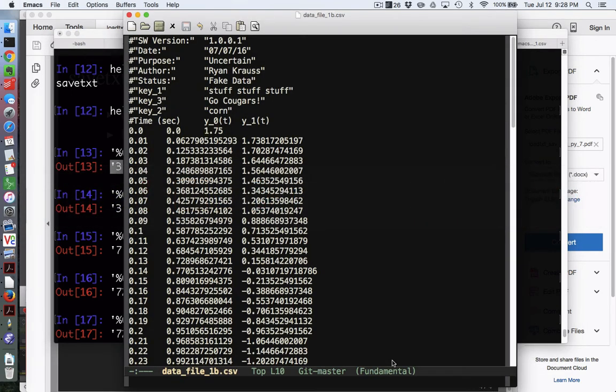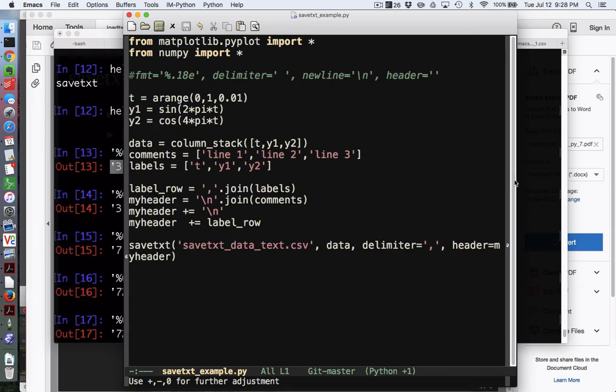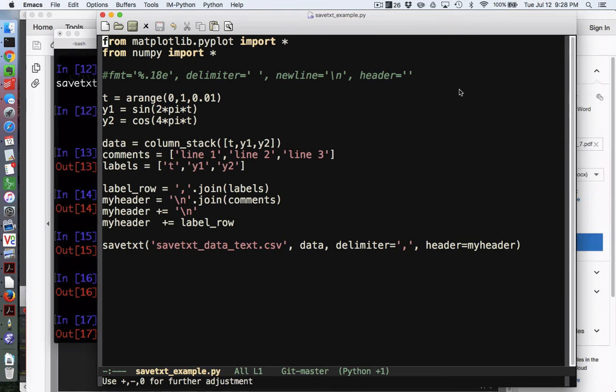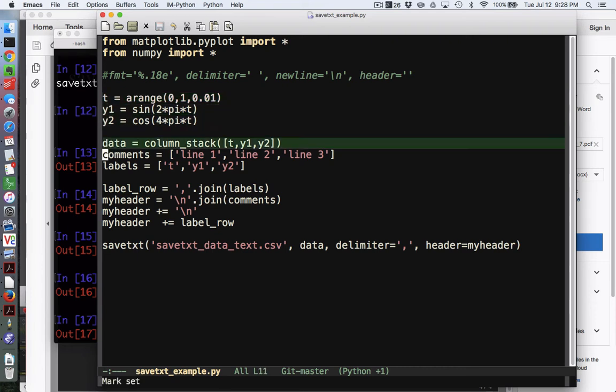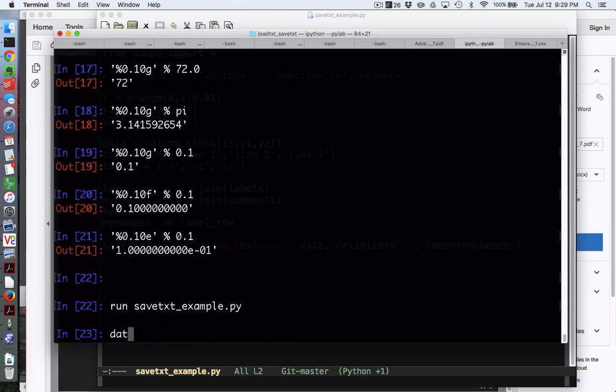I think I have it open. Yeah. So this is kind of how I would generate the files that are in the intermediate Python text processing homework. If I had a t vector at 100 hertz, I create a y1 and a y2, and I use the column_stack function, which is coming to us from the NumPy module, which means make each of those a column. So if I were to come over here and run, seriously, I can't type. So data,